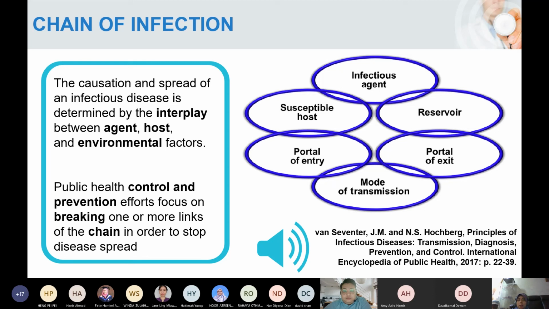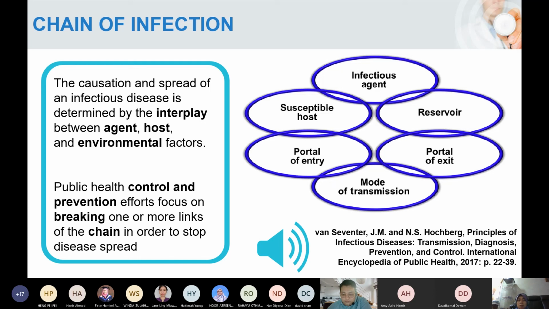So apply it to the current scenario. Okay, these are the chain. You can read here. I'm not going to go through one by one, because basically reading it out to you all would be like a bedtime story, and we would all fall asleep. But basically these are the chain. Okay, what is an infectious agent? We've gone through just now the types, the traits, reservoir, exit, transmission. So basically we try to break the chain at any point.